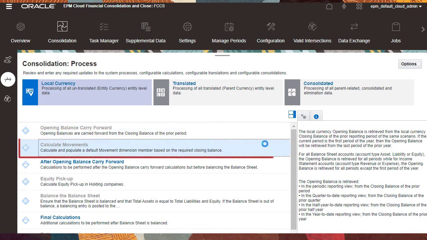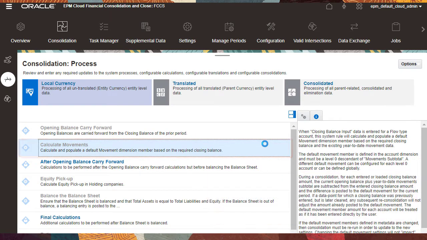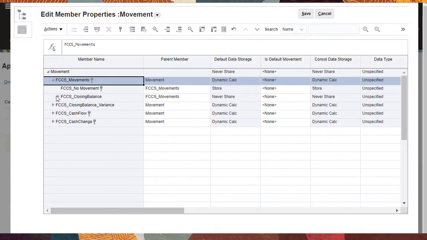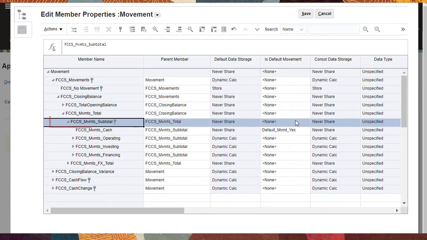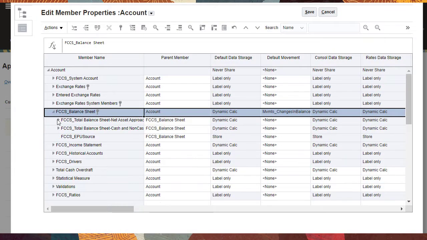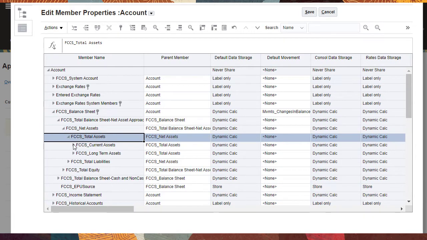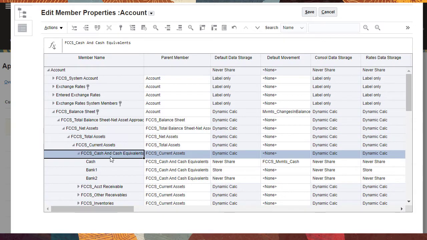The Calculate Movement System rule is an optional rule that is based on the movement and account dimension settings. You can configure the Level 0 members of FCCS movement subtotal of the movement dimension as the calculated movement member for one or more accounts. You can then configure accounts to calculate the current period movement based on a closing balance input amount.